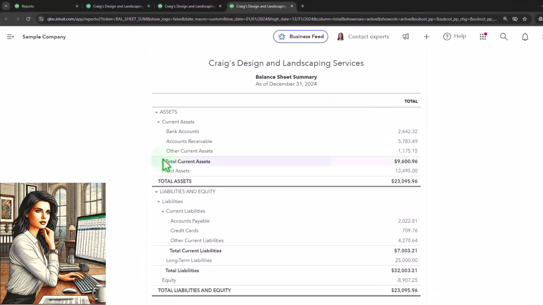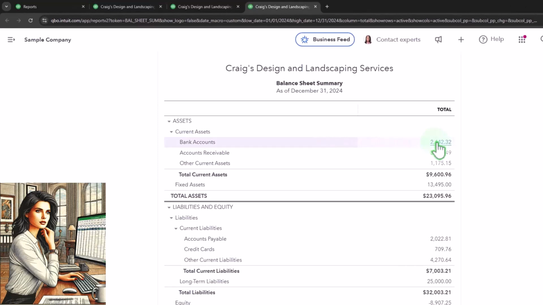Using it internally doesn't work because if I want to get into the checking account, if I click on this to drill down to the source data,